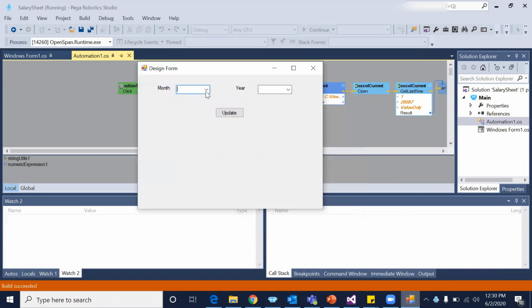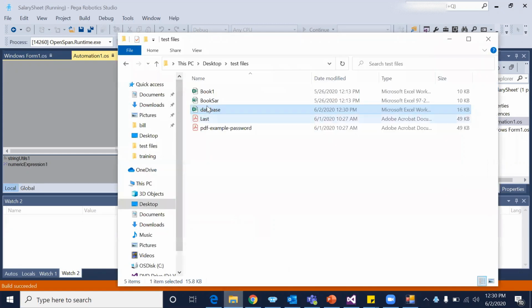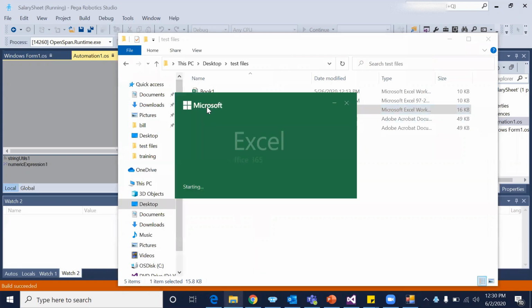I can select month and year here. Let's say I'll select May, and the year is 2020, and I'll update my Excel. It takes 1 second, and everything is done. Just go and check the Excel database.